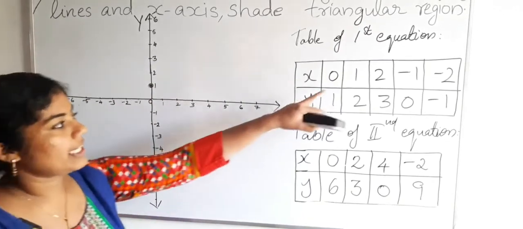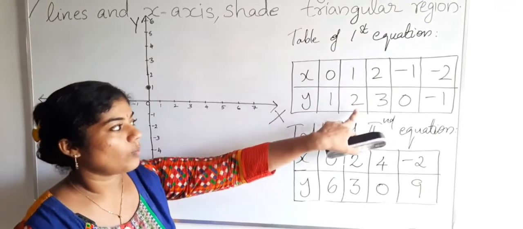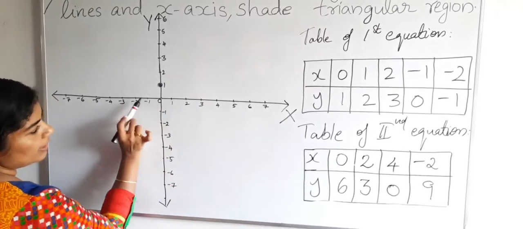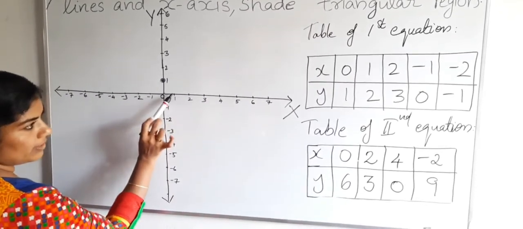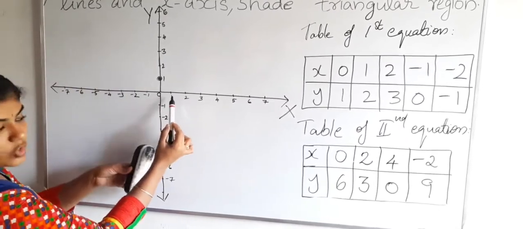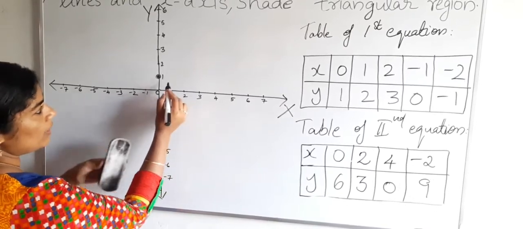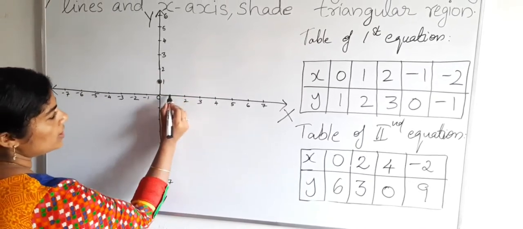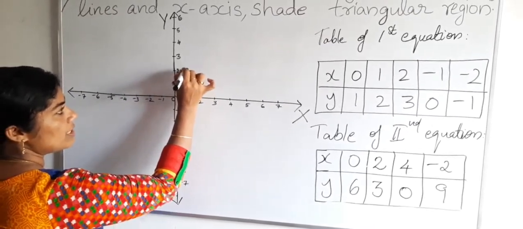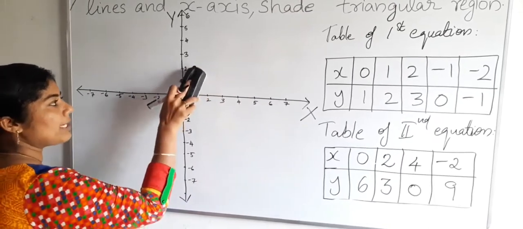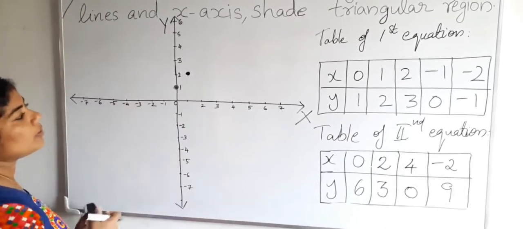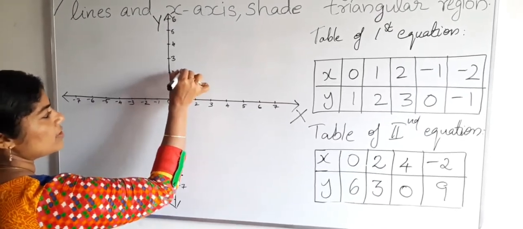And the next step. See the next one. X equal to 1, y equal to 2. So first, x equal to 1, this one, in the x-axis. X equal to 1, then the y value is 2. If we are moving up, it is plus 2. Moving down, minus 2. So when x equal to 1, y equal to 2 means here, just above. Here you can use dotted lines with your scale also. This one is your point. Directly mark the point, or use a scale or ruler for marking with a dotted line. So this is the point.